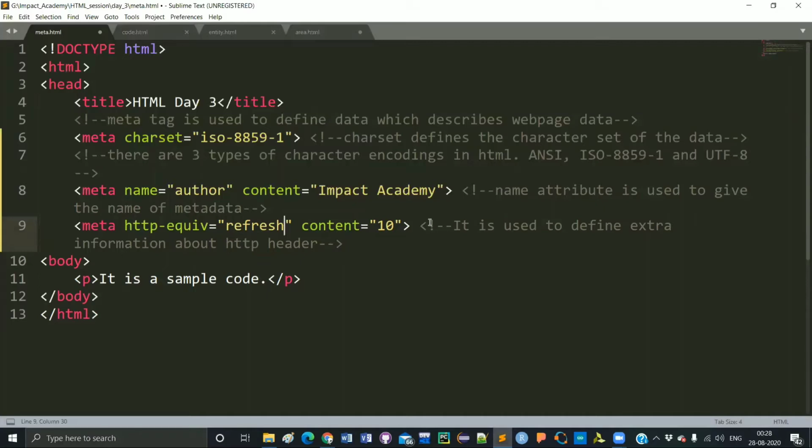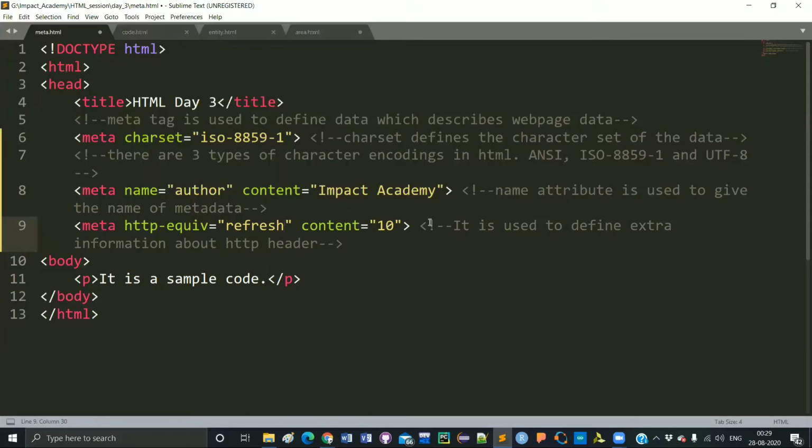This content attribute supplies the attribute value 10 to the HTTP equiv attribute. That is why my web page is refreshed after every 10 seconds. So these are some good points about these attributes, and that is all about the meta tag. These are some very important attributes that are used with the meta tag.